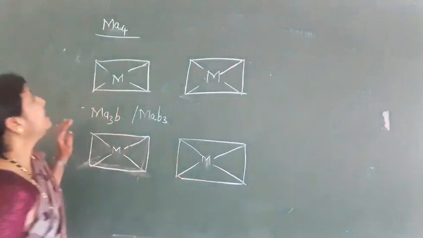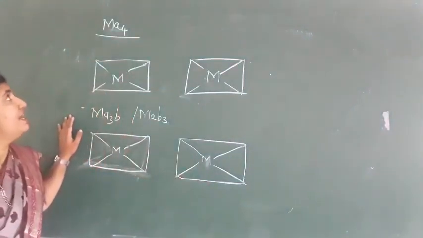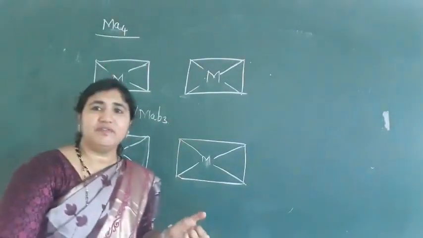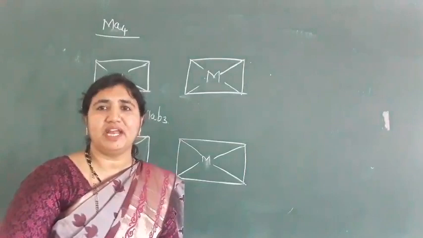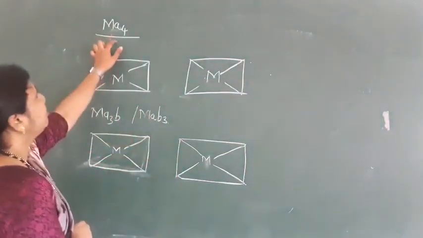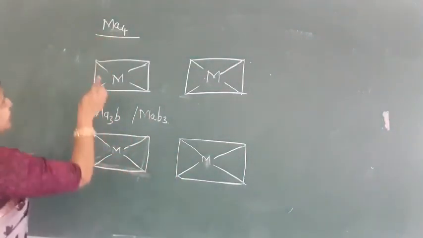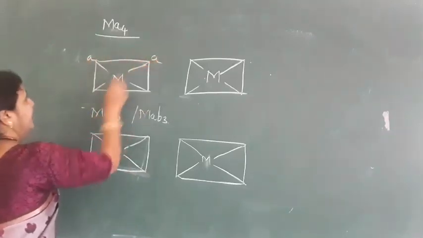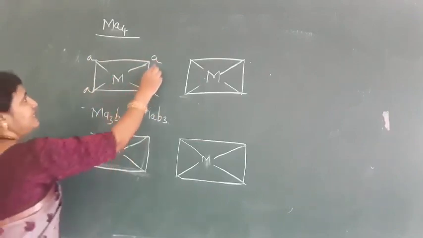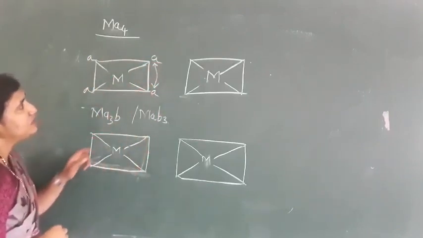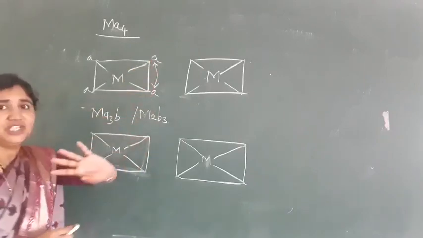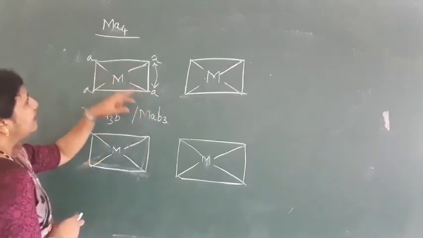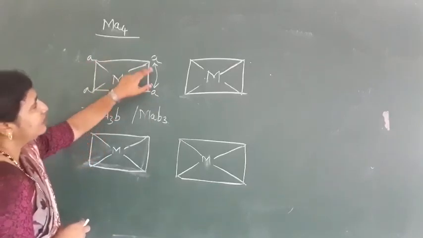So see here, first is the MA4 type. MA4, this compound is what? A homoleptic compound. Homoleptic means the complex compound has the same type of ligand. That is A4, meaning the same type of ligand is there. As I said, geometrical isomerism will not take place. See here, if you put A and A, and if you change the position, we can change the position only at 90 degrees. We can't change the position at 180 degrees from here to here. Here only we can shift.